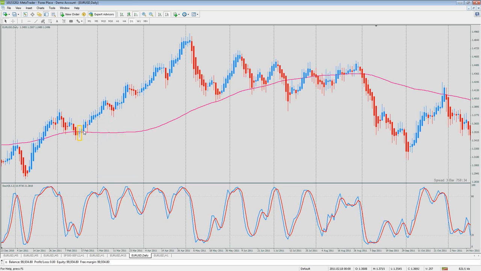In this case, it went above the SMA 1 day later. But here we're looking for reversal. We're looking for the stochastic to cross above the signal line, and then we shift to the